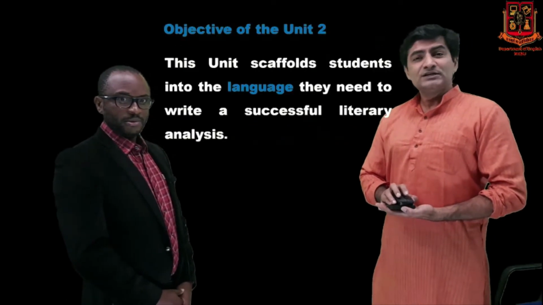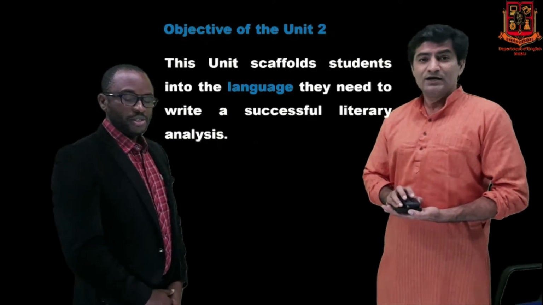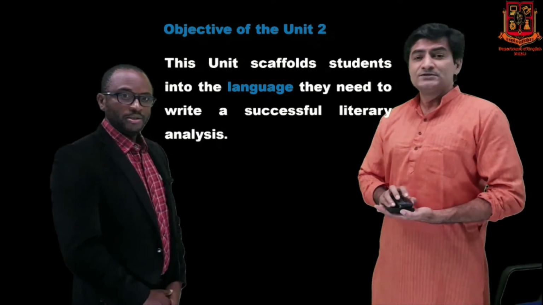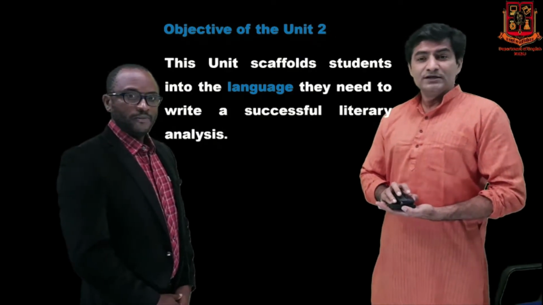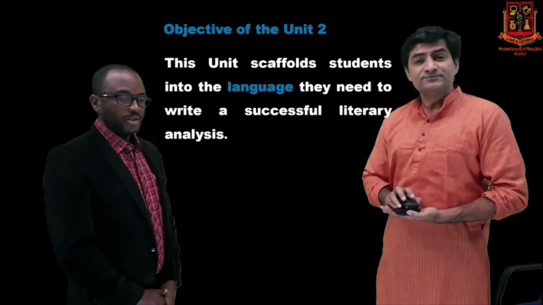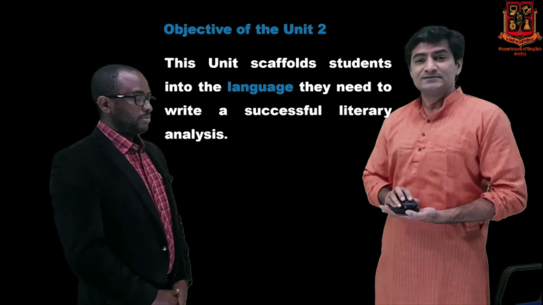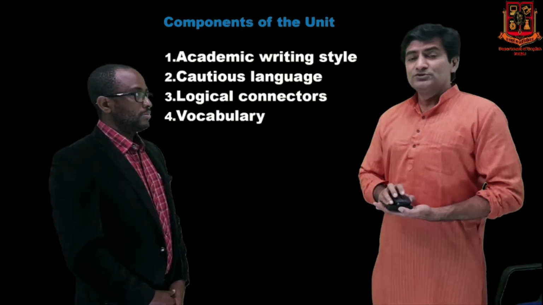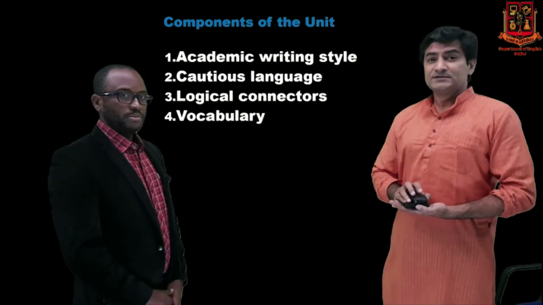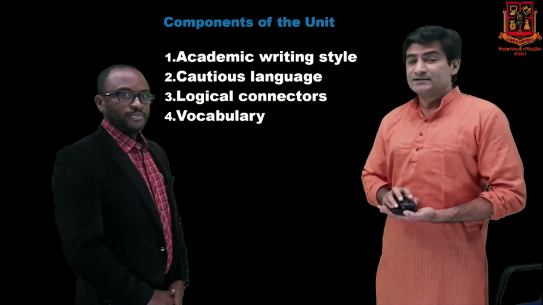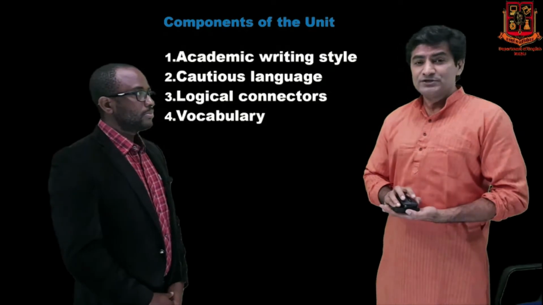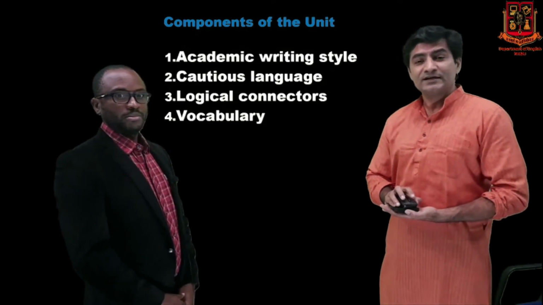The objective of the second unit: this unit scaffolds students into the language they need to write a successful literary analysis. The components of this unit are first, academic writing style, then second, cautious language, third, logical connectors, and